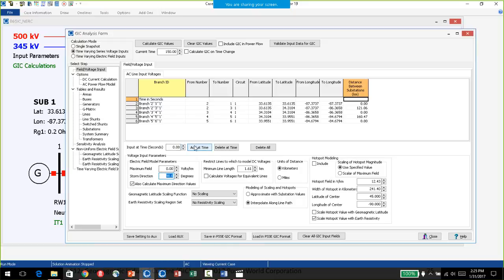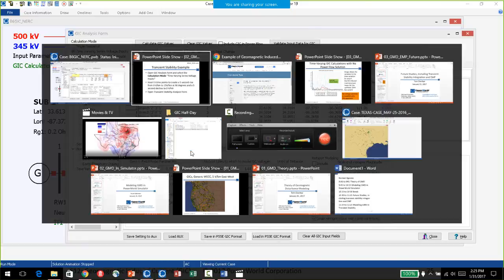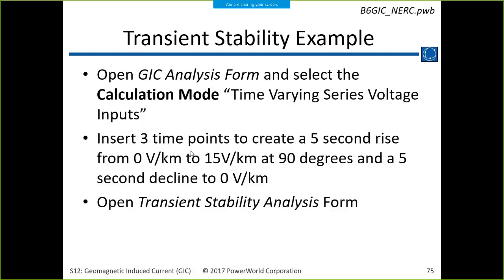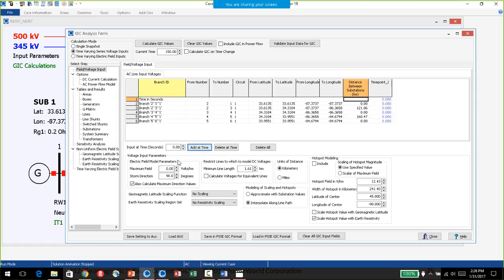We'll add a 0 at time 0, and also a 0 at 10 seconds. Then at time 5 seconds we'll put in 15 volts per kilometer. So that's down here, the maximum field and the direction.